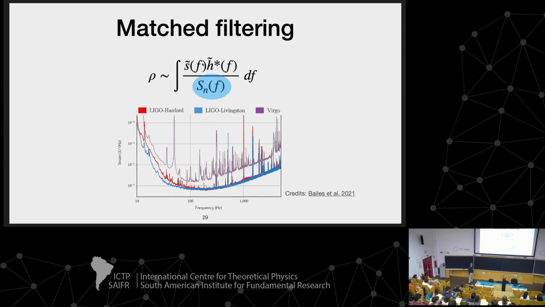But this is going to be super clear in this afternoon's hands-on section. What you're going to do is plot the signal over this plot. What the matched filtering is measuring is the area between the signal and the bottom part of the PSD. That area is the signal to noise ratio.